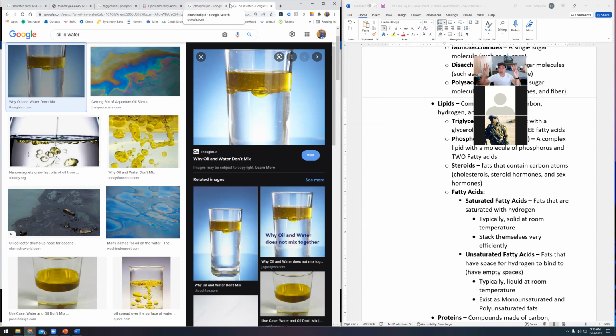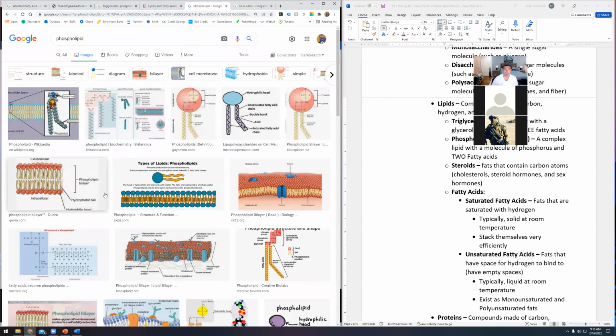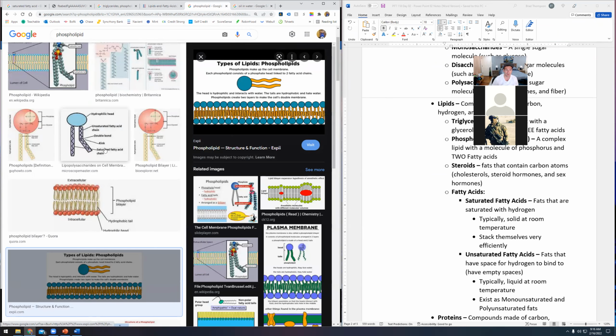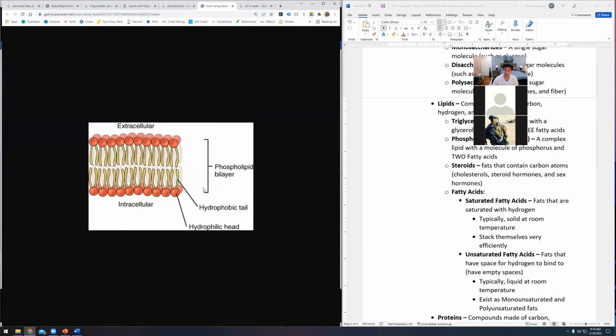The little fingers would face themselves inward, and then the hydrophilic ends that like water would be on the outside. So the phobic ends face inward so that water can't touch them, and the philic ends actually allow water. So that's one of the things. That's what we use to make up our cell walls, right? We call this, and we're going to see this later today, our phospholipid bilayer, because it's a phospholipid, and it's 2 layers.